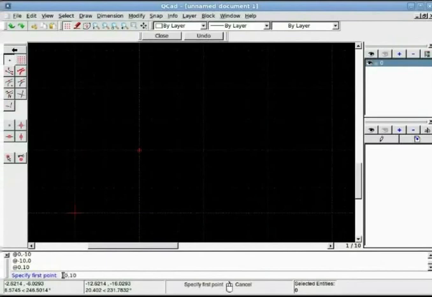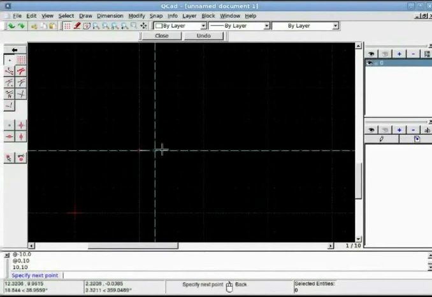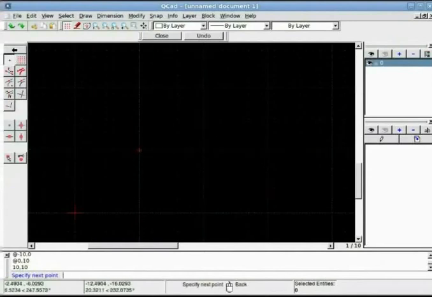Point is specified. Now to draw horizontal line of 10 units using relative polar coordinate, I first put at symbol because it is relative. Then I say distance, I know which is 10. I use this symbol, greater than, less than symbol for angle, and I know angle is in 3 o'clock direction, which is 0, default 0. So my horizontal line of 10 units is drawn.